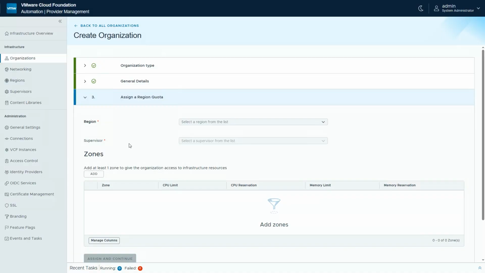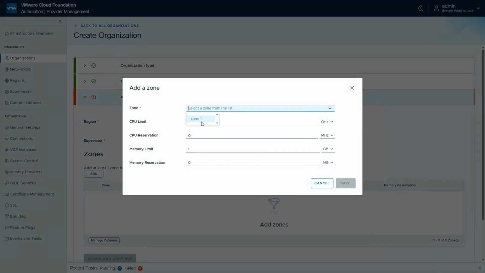be configured. And the workflow is going to allow us now to assign region quota, which is really resources, part of the region that we have created previously. That region is US West. So we select that. This is the region we want to consume resources from. And then we know that the US West region contains one supervisor for now. So we select that supervisor, and we know that that supervisor has only one zone. So we're going to select our zone, and we're going to set a limit for the ACME Sales